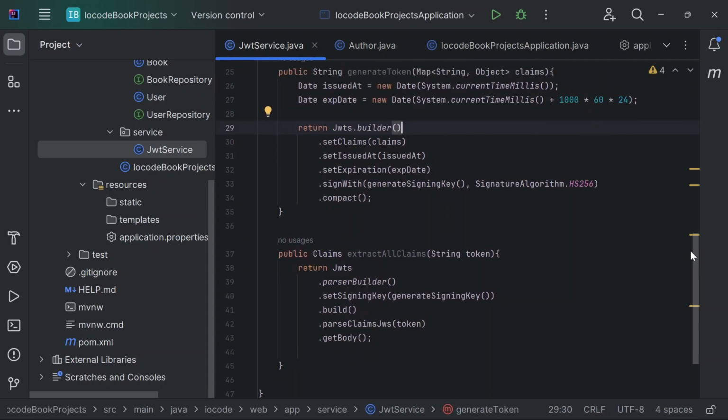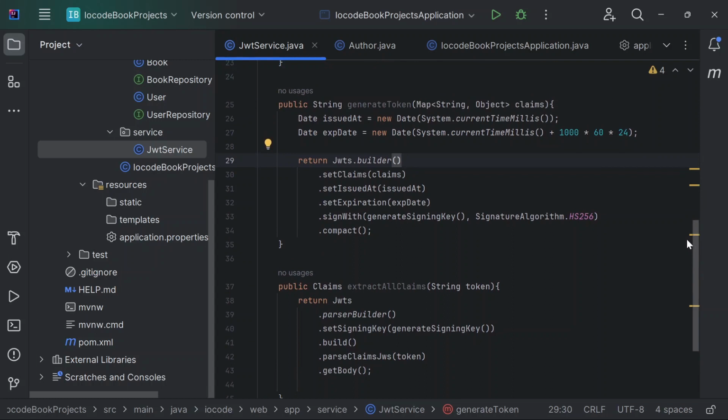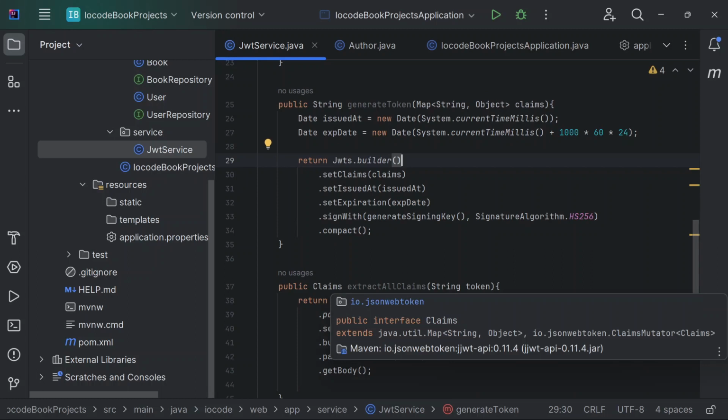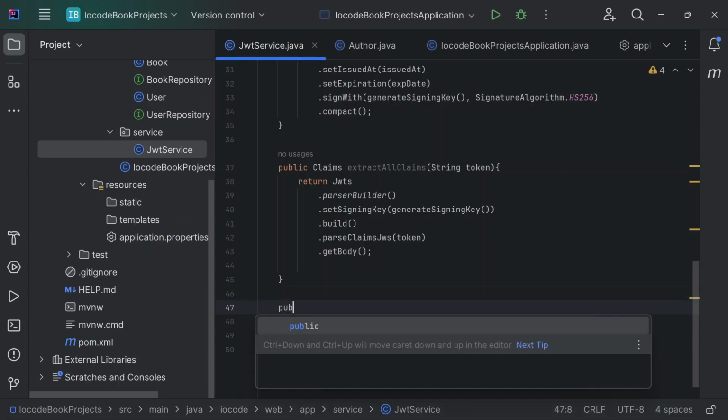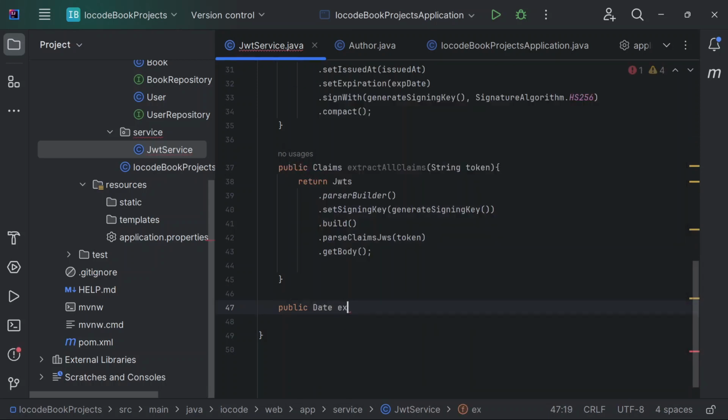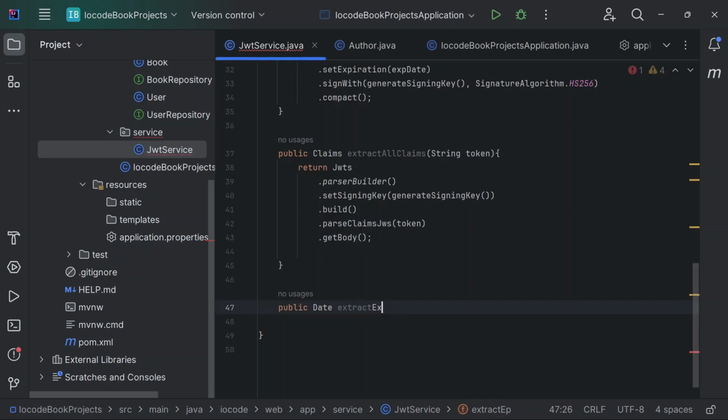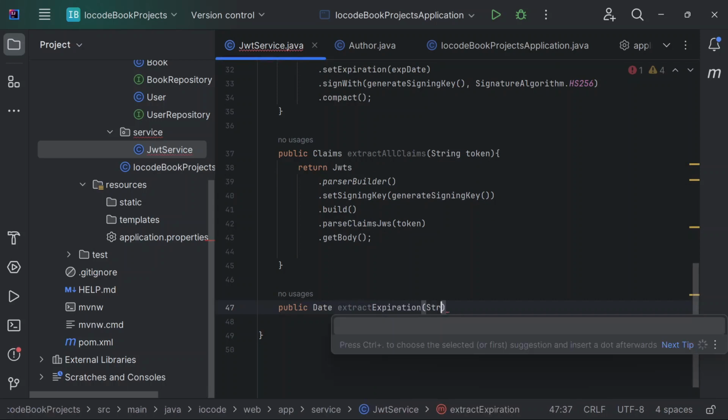Now what we want to do is to create functions that extract the different claims from the claims that we'll be having. One of such functions is the subject of the function, the expiration date, and those are the two main functions that we'll make use of for the validation of our user when we create the JWT auth filter. So now to do that, we want a public Date at first for the expiration, so we take extractExpiration. I'm going to pass in the token as parameter,